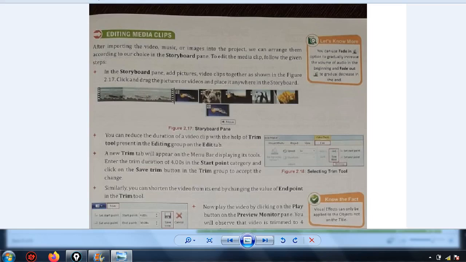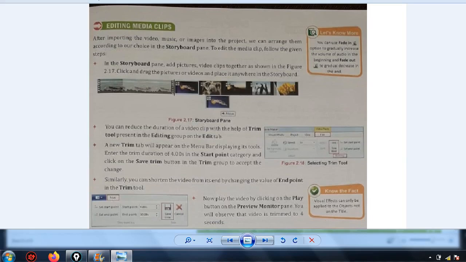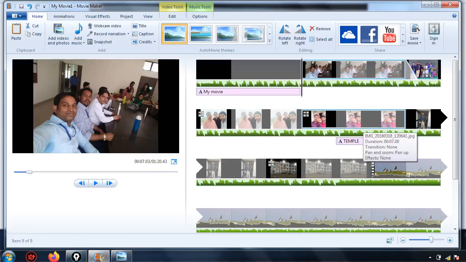We can reduce the duration of the video clip with the help of the trim tool present in the editing group on the edit tab. A trim tool is there inside the editing group, with the help of which we can reduce the timing of the video.